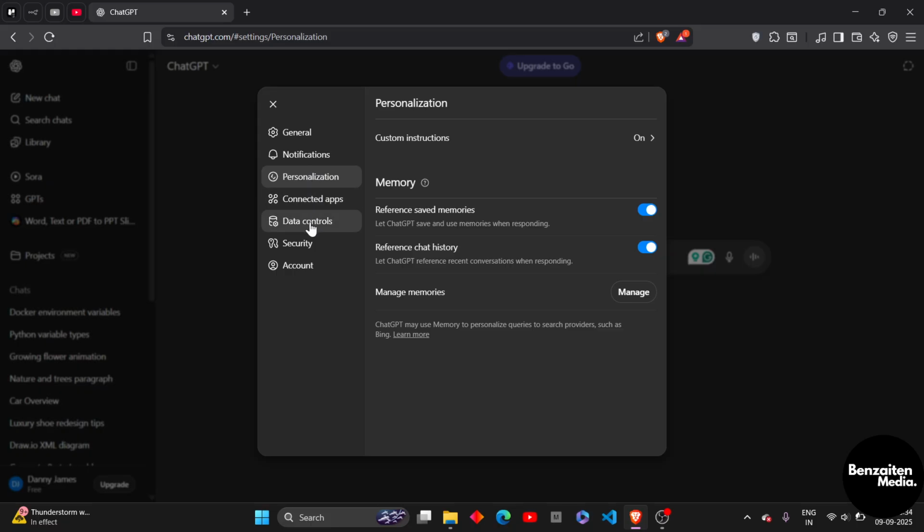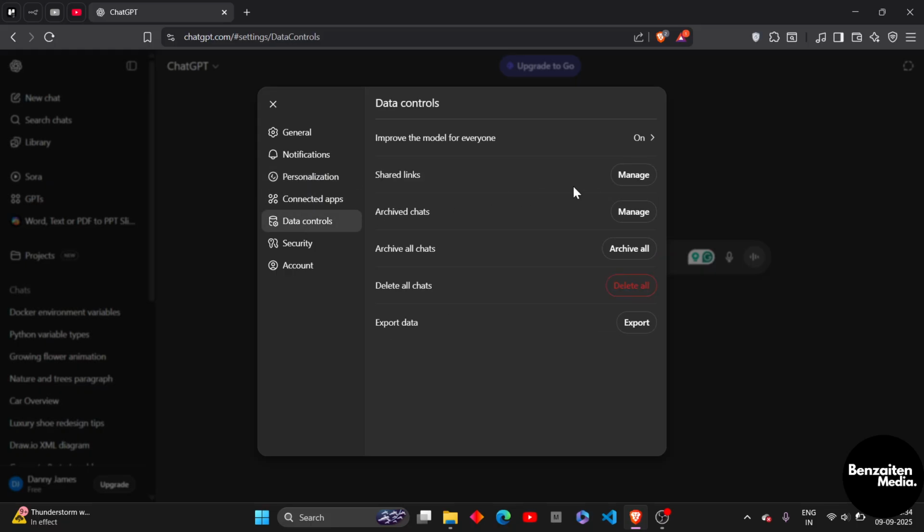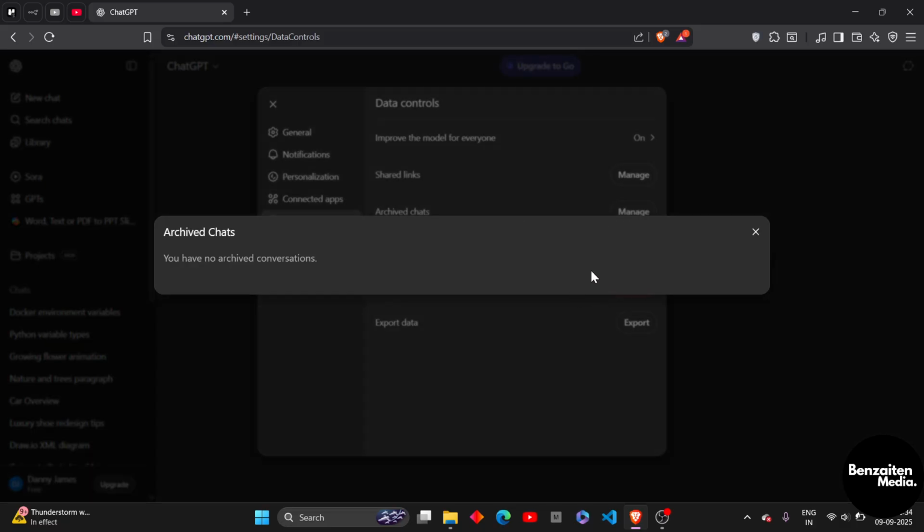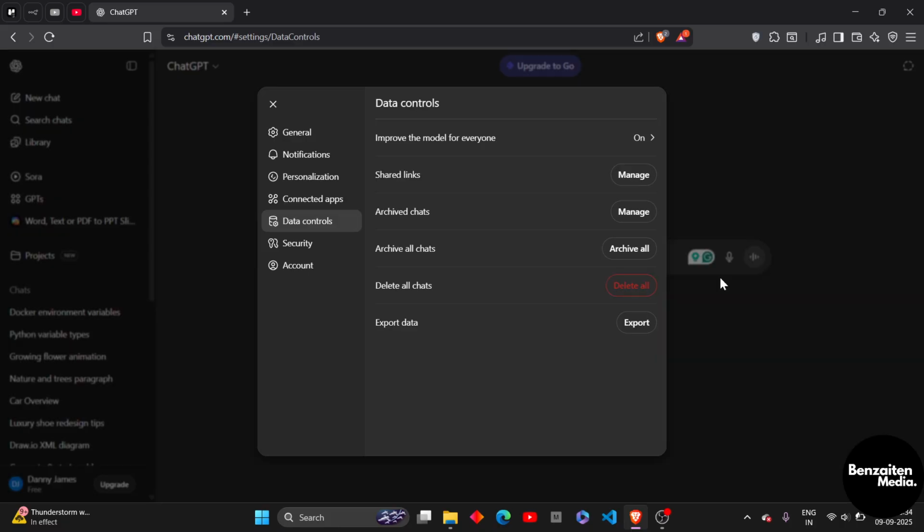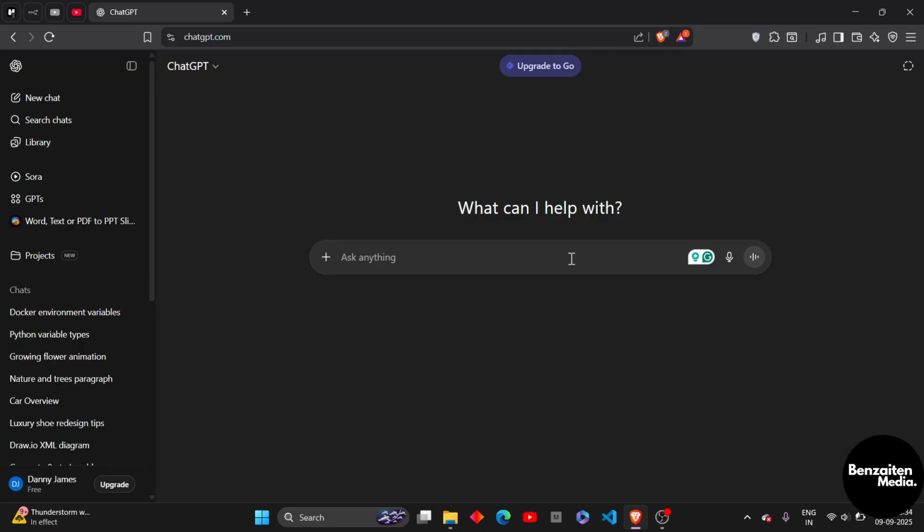And after that, you simply need to move to data controls, and then here in the archive chats you need to click on manage. So if you have any archived chats, just unarchive them to make them visible here in your conversational history. And if this doesn't work, your internet connection might be slow, so just recheck and refresh